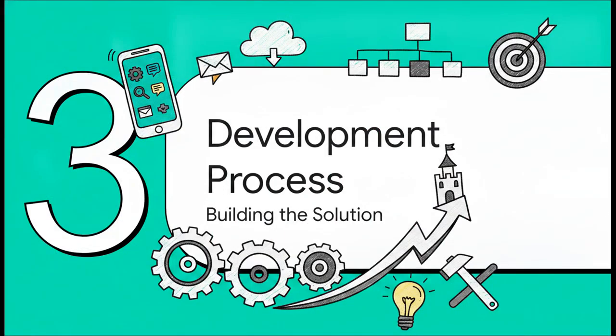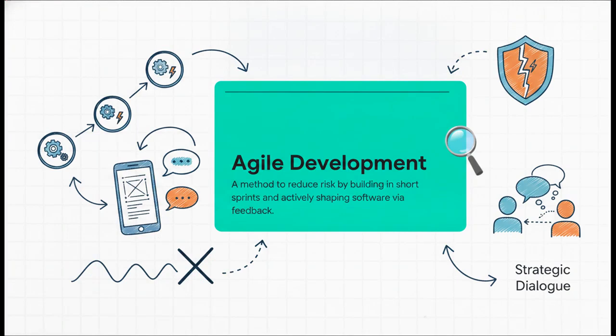Moving right along to Section 3, the app development process. Let's completely demystify how these custom apps are actually built. You hear the buzzword agile thrown around a lot these days, but for a business leader, agile absolutely shouldn't mean chaos or a total lack of planning. In reality, agile is just a strategic dialogue. It's a method of reducing your absolute biggest risk, which is building the wrong thing, by developing in short, hyper-focused